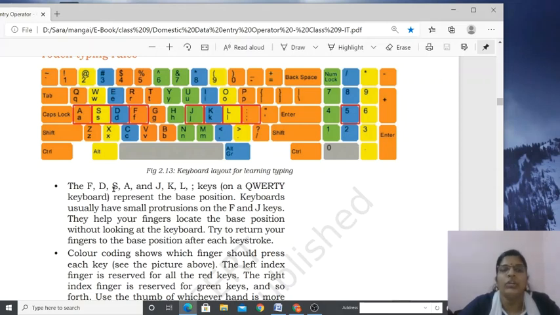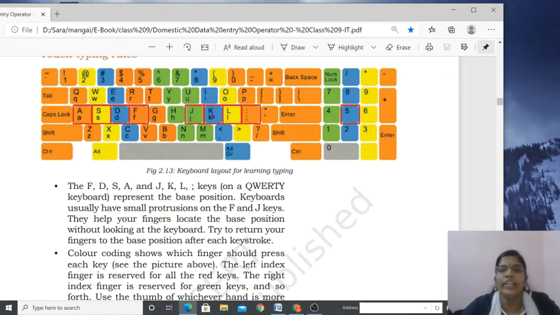The first rule, see, always you should keep the fingers on the base keys. That means you have to keep them on the home keys. In the home keys, 2 letters have a protrusion. That means tangible lines. Okay, so which are the 2 letters? This F and this J have tangible lines. Why is it so? To make sure that our fingers are in the right place.